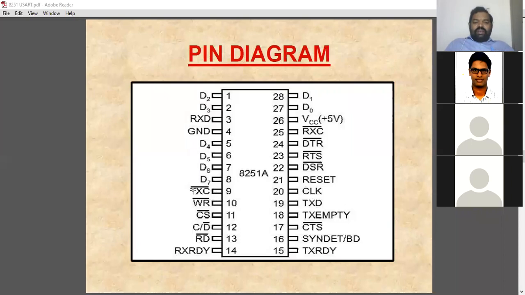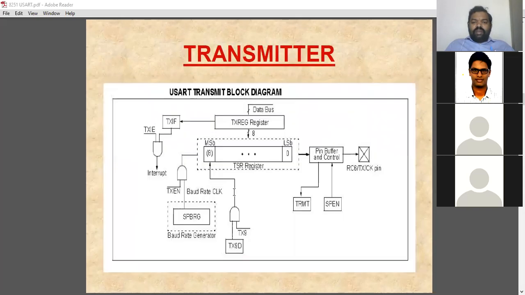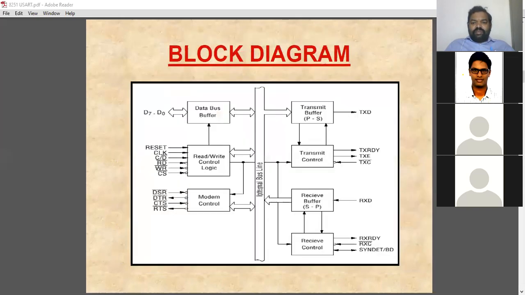So another one is transmitter clock. You are able to change the transmitter clock, and also you are able to change the receiver clock in the asynchronous data transmission method. Right? So the transmitter clock you can apply separately. This is the one input pin where we can apply the transmitter clock. If you see the block diagram, you will get the idea. TXC bar, transmitter clock, will be available here, right?